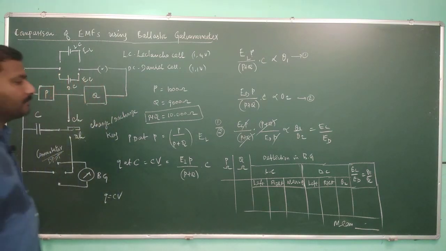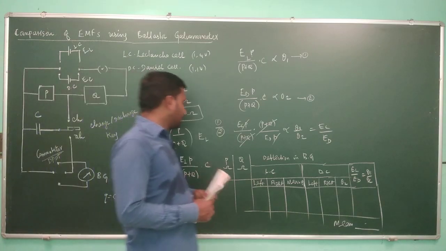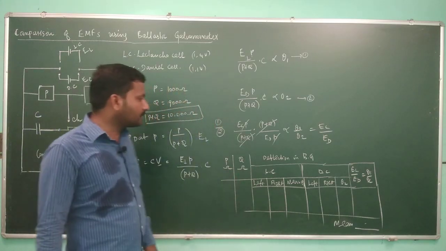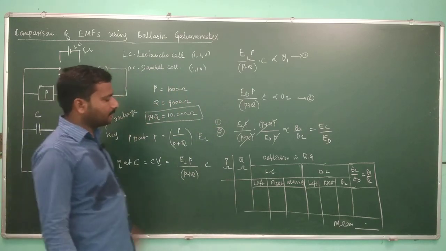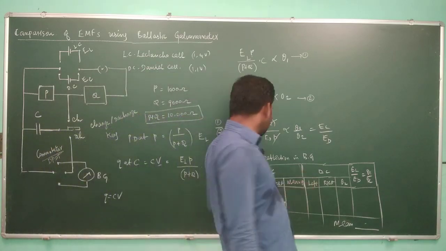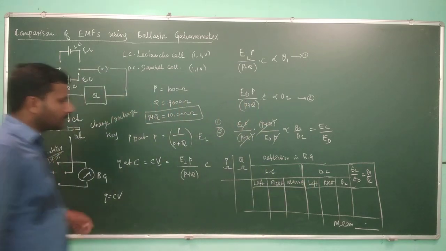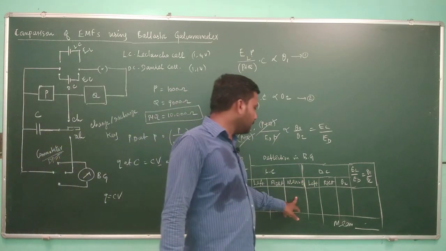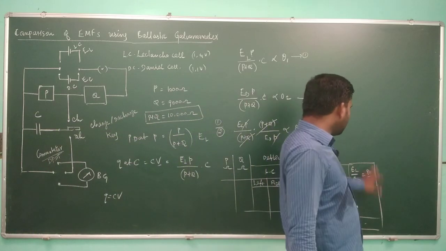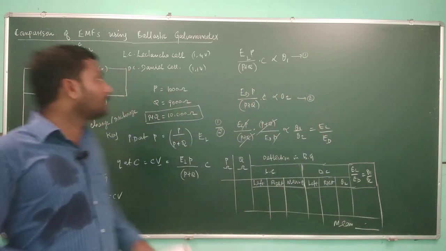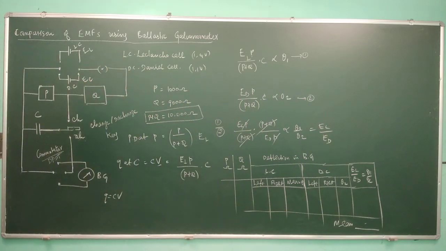And we can write this using the tabular column, with P, Q, and the summation of P plus Q, which will always be 10,000, and the deflection in the ballistic galvanometer that we measured for Lagrange cell and Daniell cell. So the left and right measurements are obtained when you change the commutator, and we can take the mean, similarly for Daniell cell, and applying it in the formula, we will get the comparison. This is the method to compare the EMFs using the ballistic galvanometer.